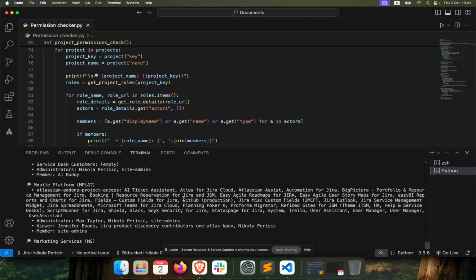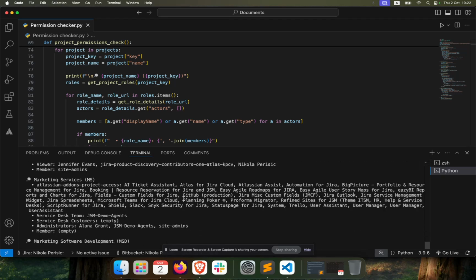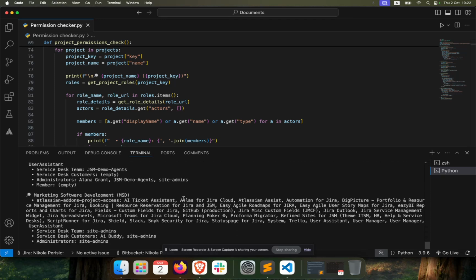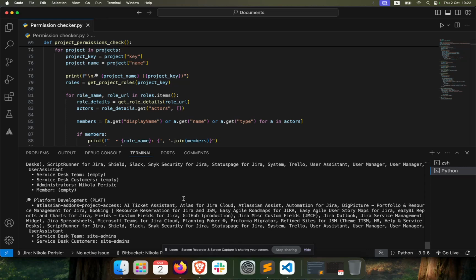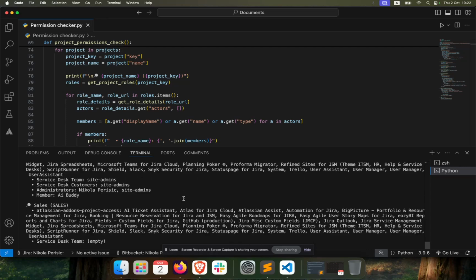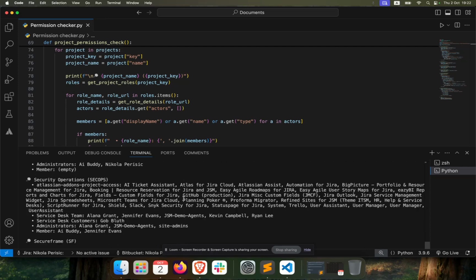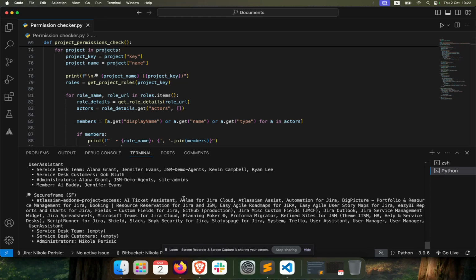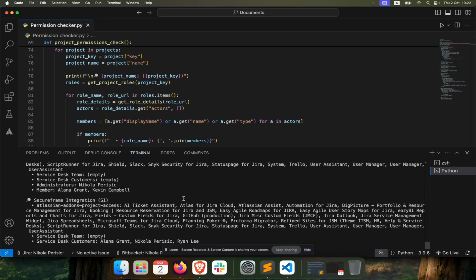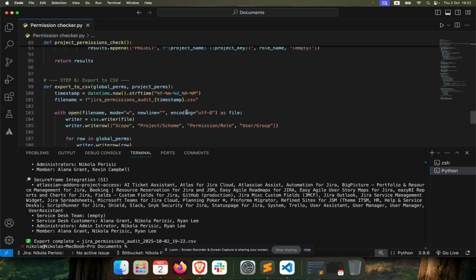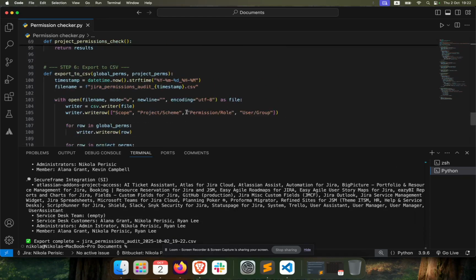So this instance has a bunch of projects in here, and it's basically going through all of them. It's actually listing them out. And when it's done, it will export it into the CSV, which I will show you later on how that works. It's not really something that is complicated, but if we scroll down in here,